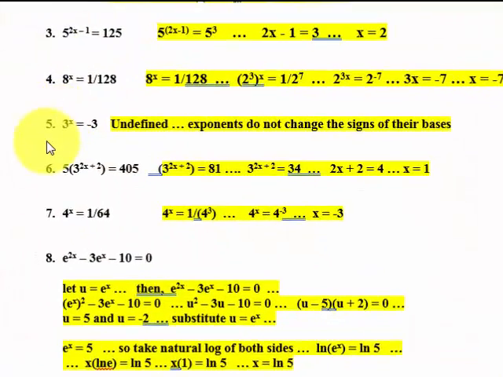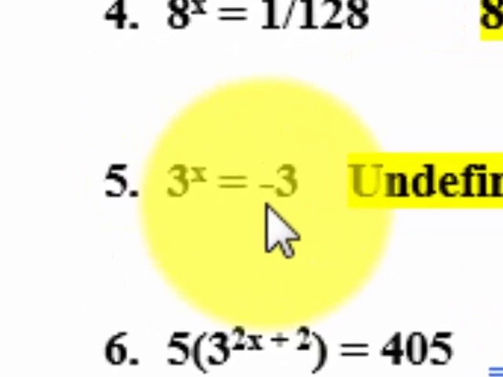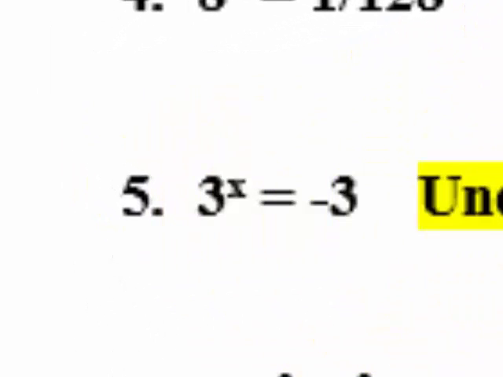Number 5, positive 3 to the x equals negative 3. This is undefined. We do not have an exponent that changes the signs of a base. In other words, a positive number will never change to a negative number with an exponent. Now, a negative base will, right? A negative base will turn positive anytime the exponent is even, but a positive will never change into a